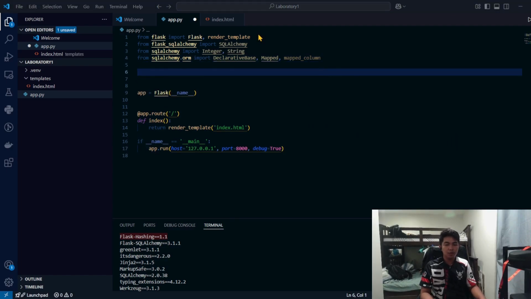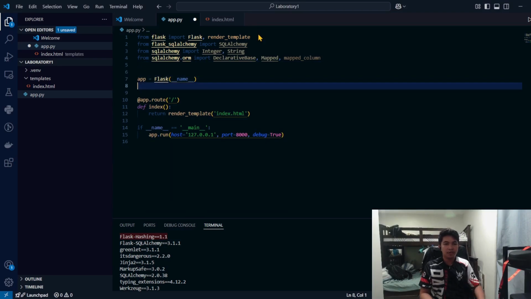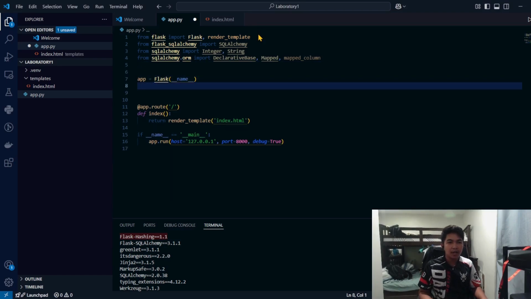Below, we already have our app, app equals Flask. We now configure the secret key to encrypt this file for the other applications.